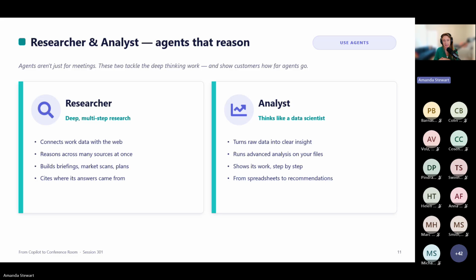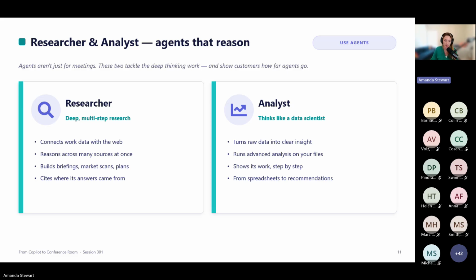And again, this does not risk your organization's intellectual property. It is not building a large language model. It is an agent, so your information is still secure, but it has access to your graph, your information in your organization, but then it also bounces outside to the web to get more information for you, right? So your information is still trusted, secure, et cetera, but it's accessing the web to pull more information.